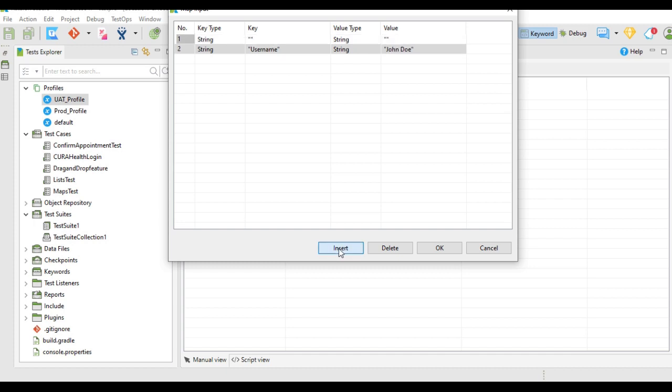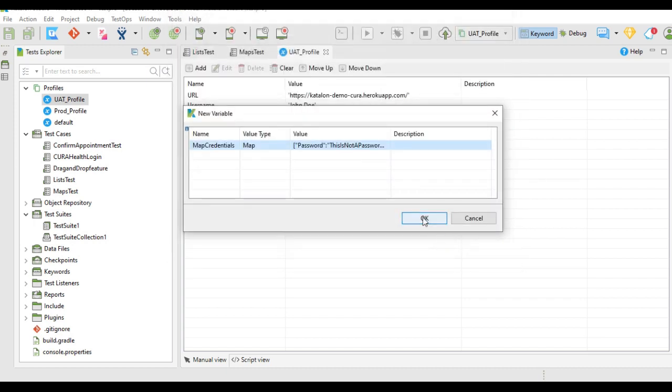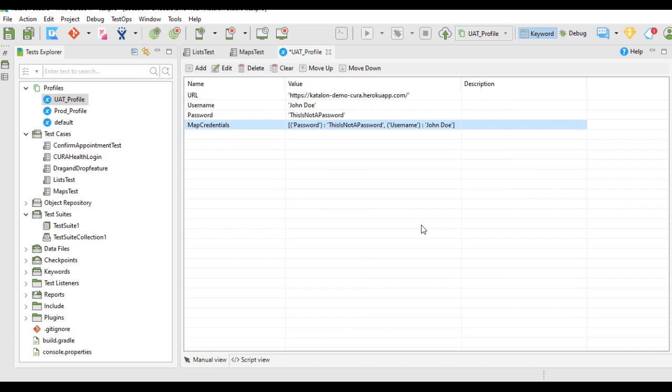I will insert one more entry: the key will be password and the value for the key will be the actual password. So this way I have added the username and password. I will click OK and OK. I have added the map credentials, a map variable having the username and password as key and value pairs.